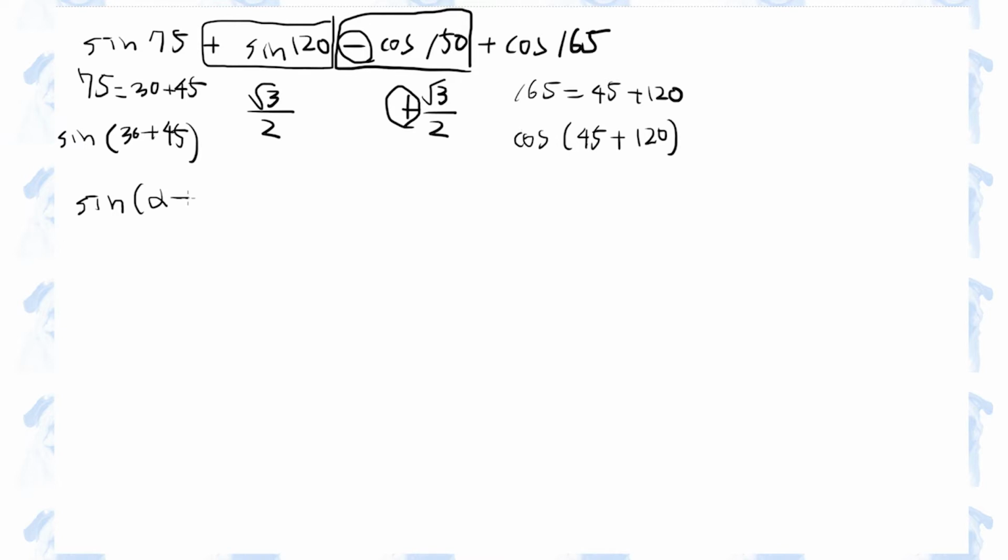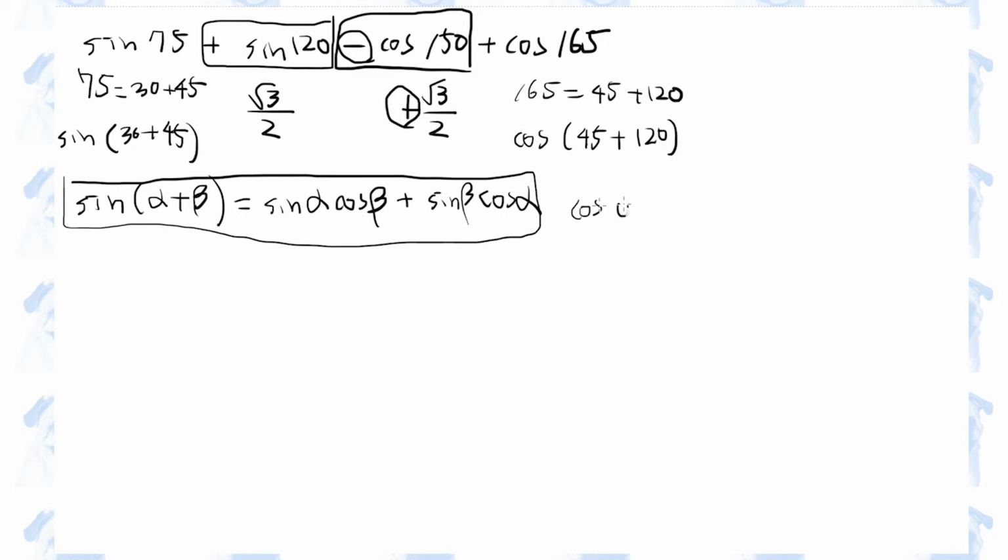Sine alpha plus beta is sine alpha cosine beta plus sine beta cosine alpha. And cosine alpha plus beta is cosine alpha times cosine beta minus sine alpha times sine beta. Therefore,